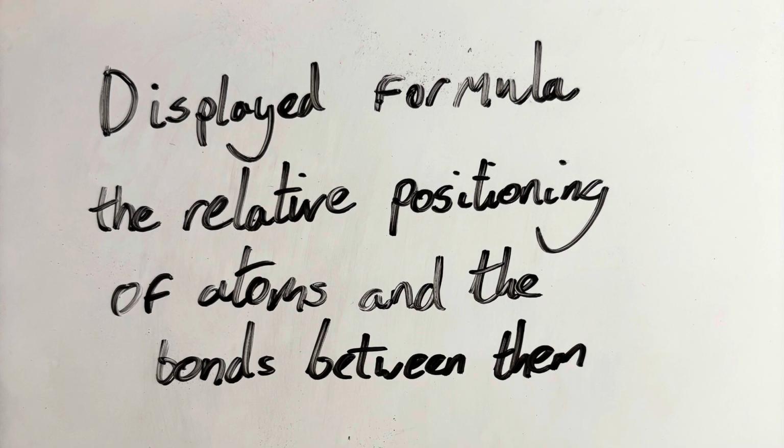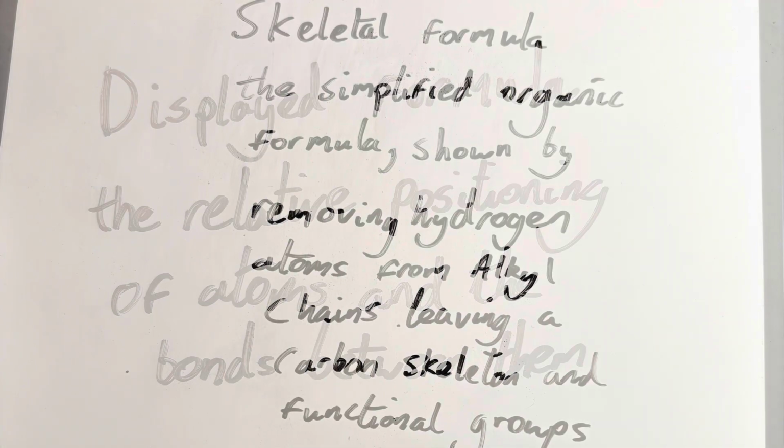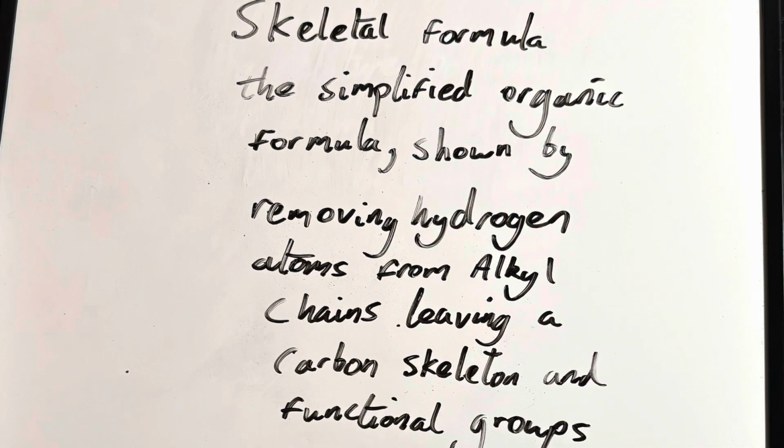Displayed formula shows the relative positioning of atoms and the bonds between them. This is the one with all your C's and your H's and the lines between them. Now, skeletal formula is the simplified organic formula shown by the removal of the hydrogen atoms from alkyl chains, leaving a carbon skeleton and functional groups. That's a whole lot of words, but I can sum up what it means for you now. Basically, every carbon is a dot, and then you draw lines between the dots for your backbone. That's what it's saying, carbon skeleton. You ignore the hydrogens completely, and the only thing you draw in is any functional groups like alcohols or alkenes,